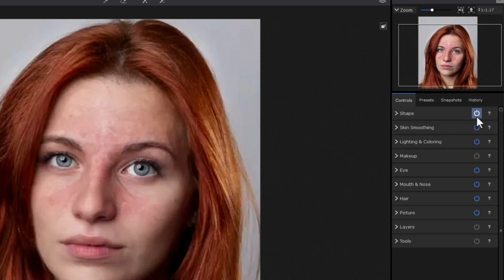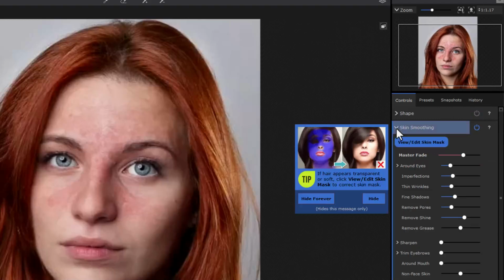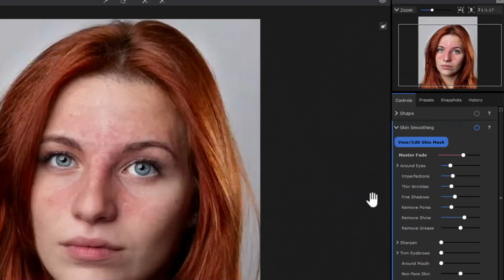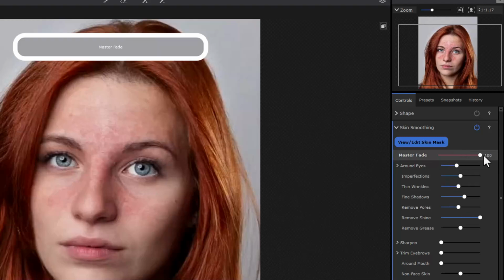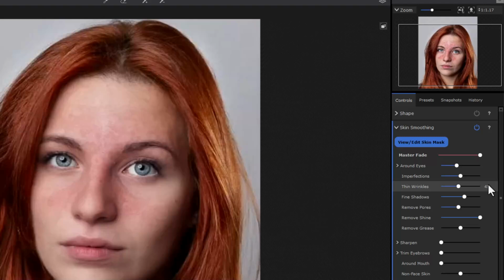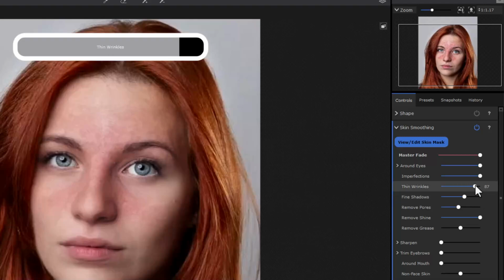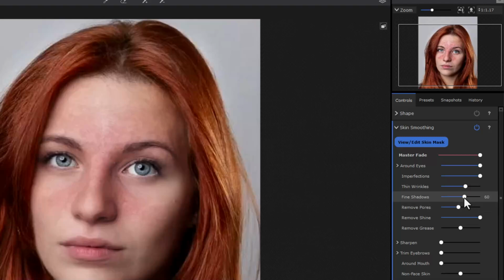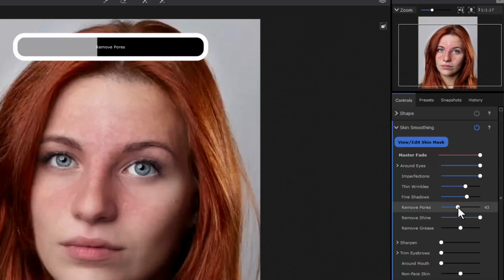I'm going to turn off the shape because it does that automatically. I'm just going to go to skin smoothing as a category right here. I'm just going to hide that. Don't need that. And I'm going to, the master fade, I'm going to push that all the way up. I'm going to around eyes. Let's see what happens if I move that all the way. Imperfections all the way. I don't think she has any thin wrinkles. Fine shadows. I don't see anything there. Remove pores. I might move that up a little bit only because this is a very